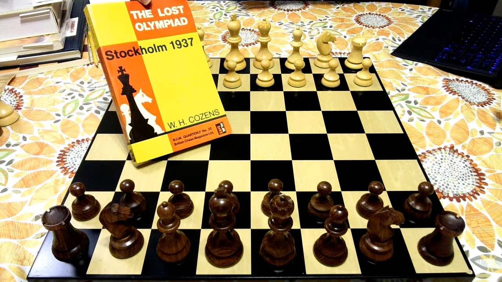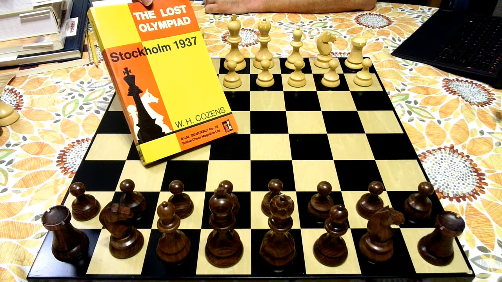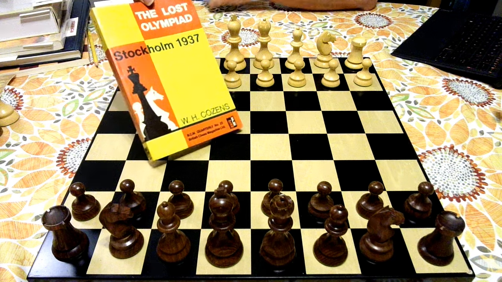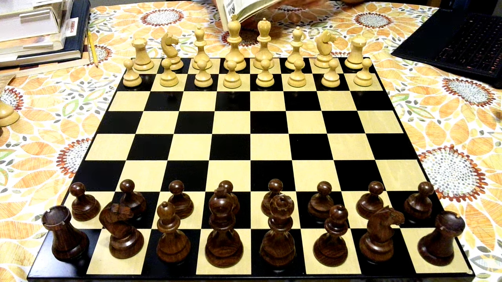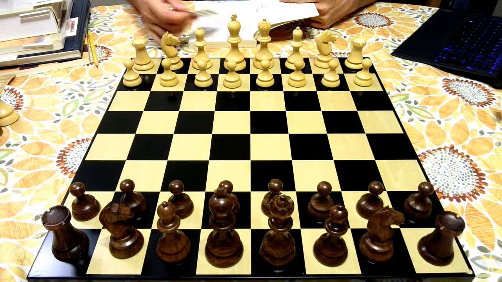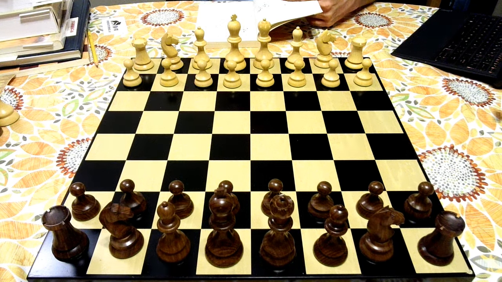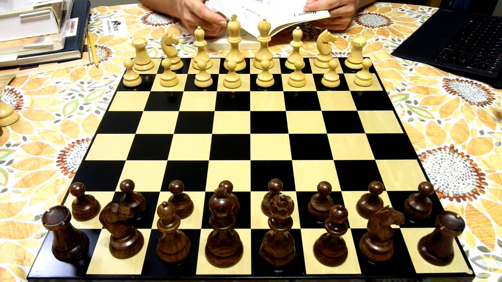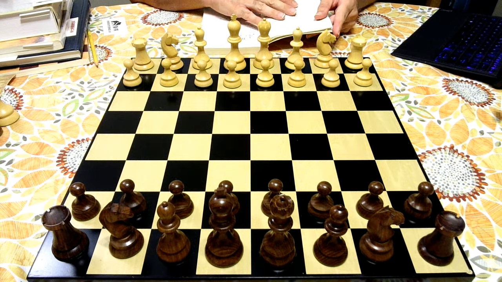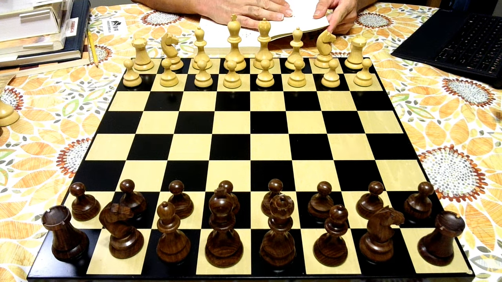Okay, so we are again back at this wonderful book, The Lost Olympiad, Stockholm 1937. We are playing the games on the original chess set that was in use by those players. So if they had the time machine, they would be surprised that more than 80 years later we still have that. And round 2 has a little introduction that says 2 rounds have been sufficient to sift all the favorites